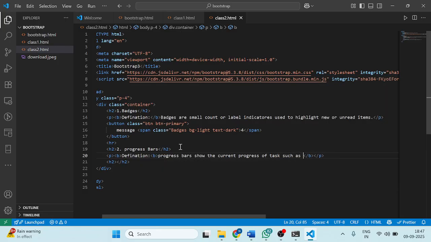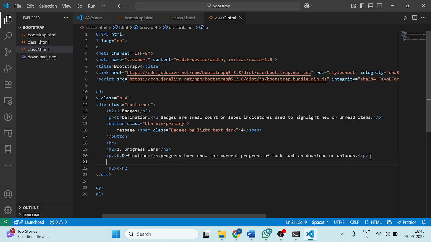It is not that much of important. Okay, you can use any text here. Okay, for uploads dot p. Okay, so this is the bold. I'm going to remove this, not here. So the whole text will be bold. So I need only the definition to be bold here. Okay, I need only the definition to be bold here. So after that,